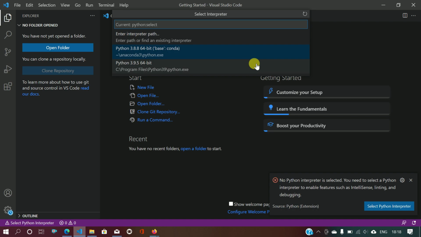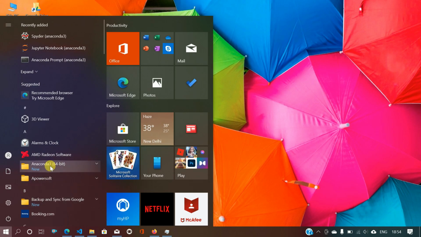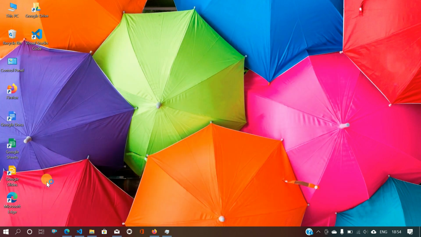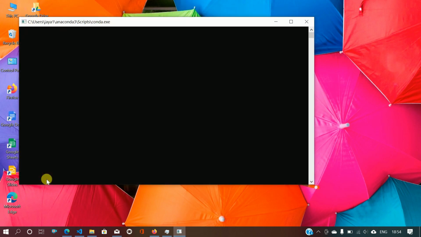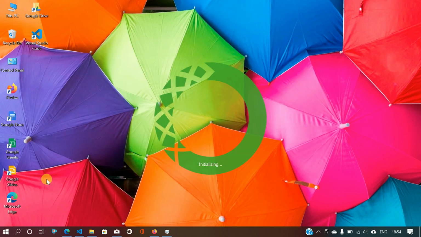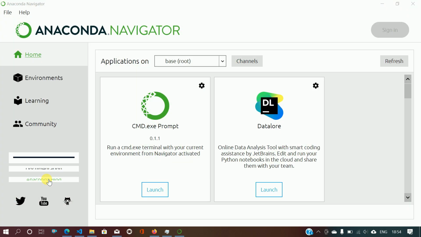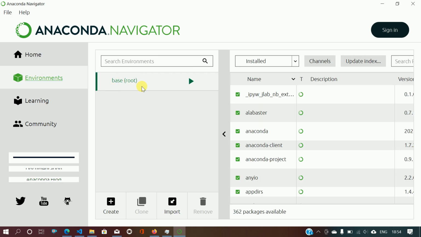So here I'm adding one more perk for you guys. Let's open Anaconda separately. Let it open. Anaconda provides environments where we can create environments by this interactive graphical user interface. So I'm creating an environment butterfly.